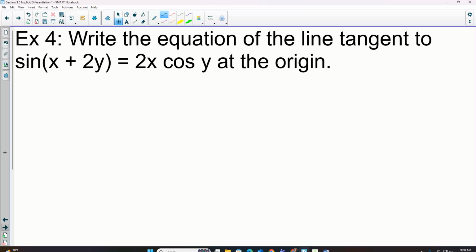So if I want the equation of the tangent line at the origin, so I'm only asking for the equation of the tangent line. That means you do not have to explicitly state the derivative. So if we start here, we have to do the derivative of sine, which is cosine. Inside stays the same. We have to do the chain rule here. So derivative of the inside. What's the derivative of x plus 2y? 1 plus 2. And what's the derivative of y? Dy